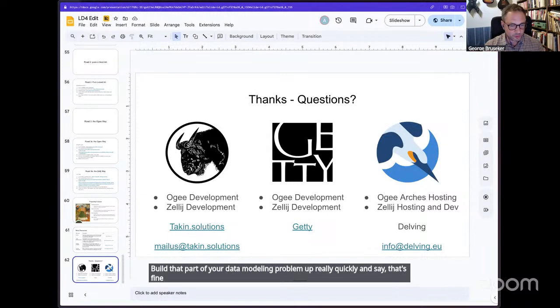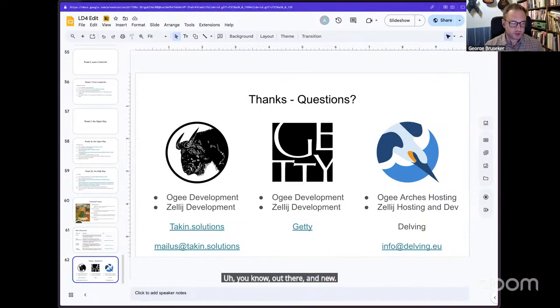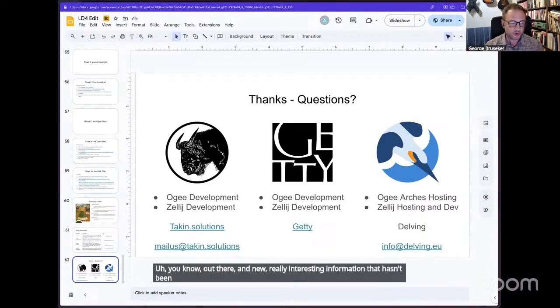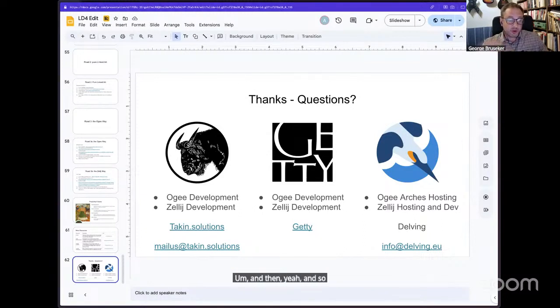And then you can spend more time on the things that are out there and new, really interesting information that hasn't been modeled before. In order to not lose control of projects by having very many different documentation formats, we came up with the idea of documenting first and then building the different elements of the semantic data process out of that.